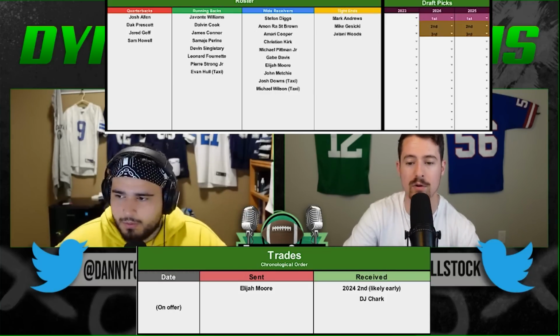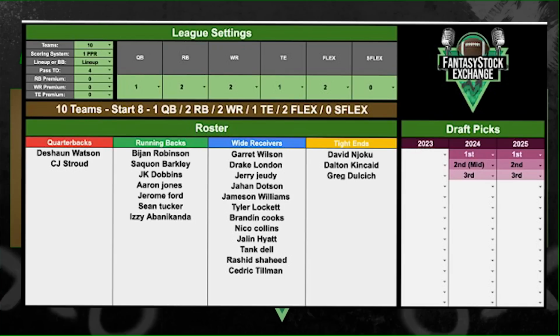So we can move on to the last team of the video. We'll cut it off here at 7 just because we're going a little bit long. We have Brock Pac-10's team here. He said the league has been around since 2019 with some college hometown buddies. So he said it's pretty casual, which is definitely good to know. It's a 10-team